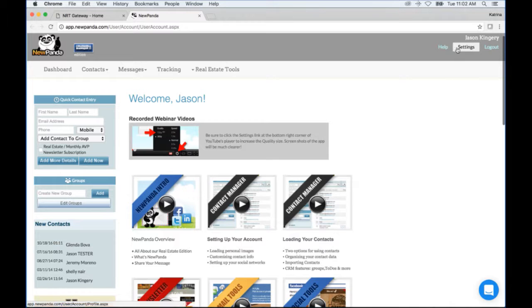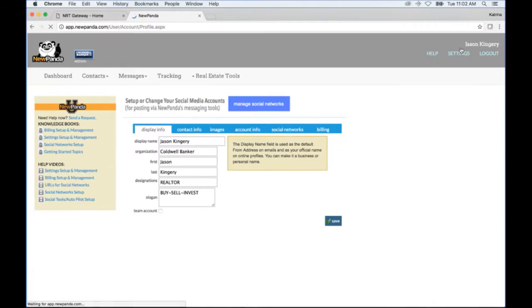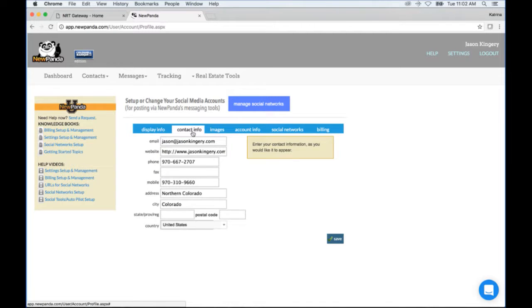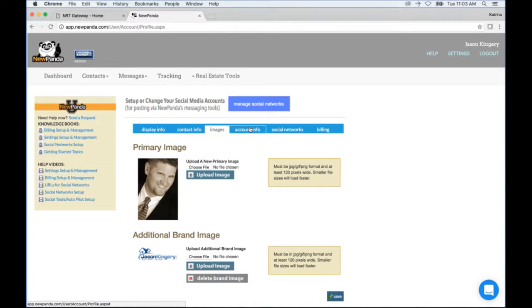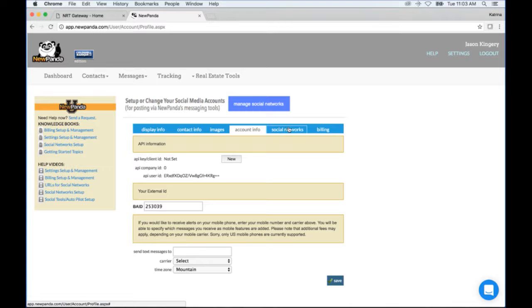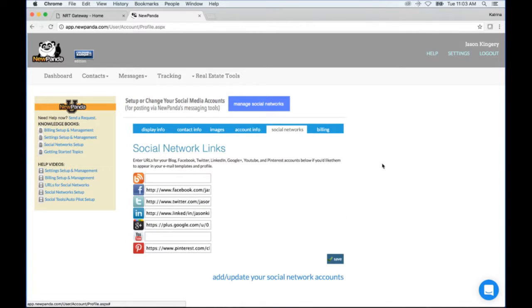If we go up here at the top, one of the first things I want to make sure you do is you click on the settings function. And you're going to want to make sure that this stuff is all correct. Displaying your information, your contact information, your numbers of everything are correct. Your image, you don't really have anything to do here for account information, but you do want to set up